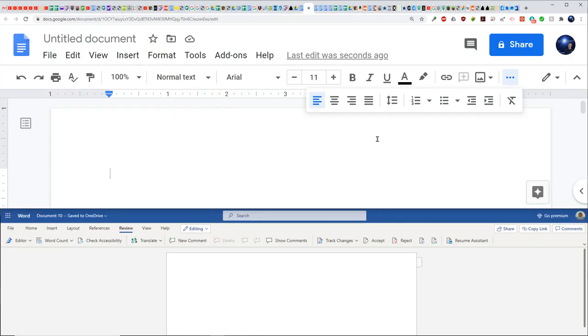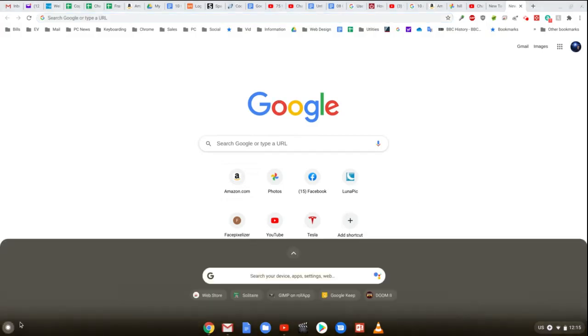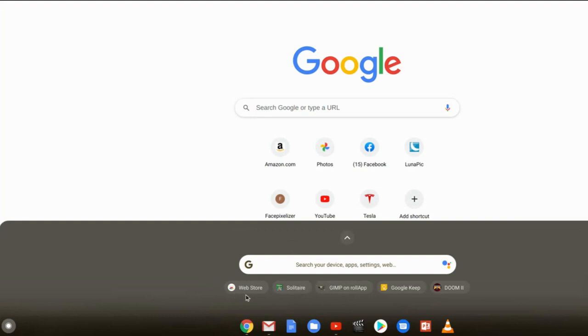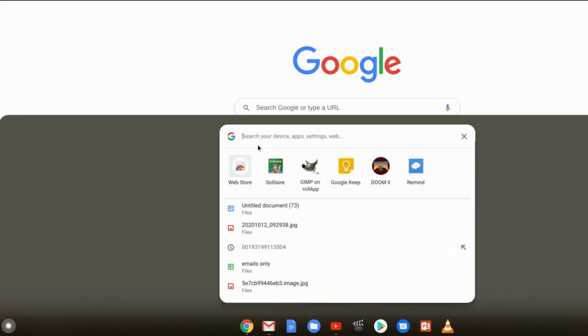Next, what I'm going to do is show you how to install Microsoft Word, Excel, PowerPoint right onto your Google account so you'll be able to use them on your Chromebook. So in order to install Microsoft Word, go down here to the App Launcher, click it, and then look for the Web Store. Now here we see it, it's right here, this very first option.